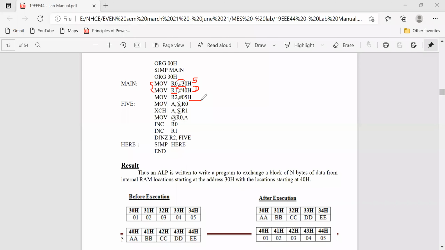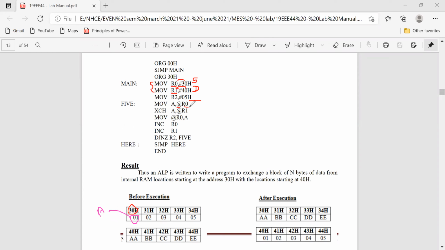When it points to a memory address, @R0, R0 is nothing but 30H. At 30H, whatever the data, that is 01H, that will be moved to the accumulator.